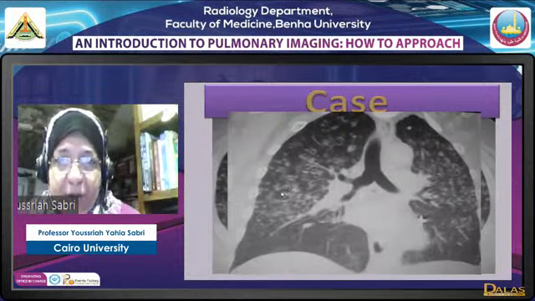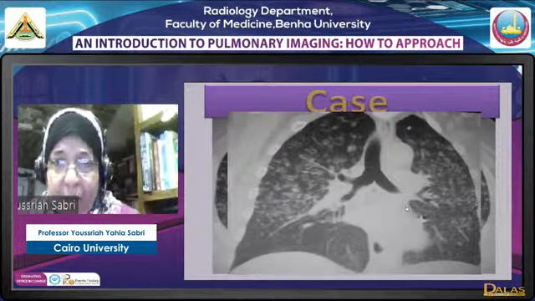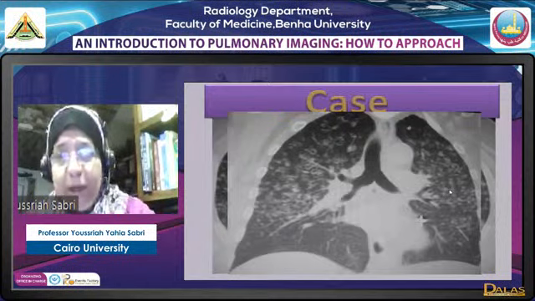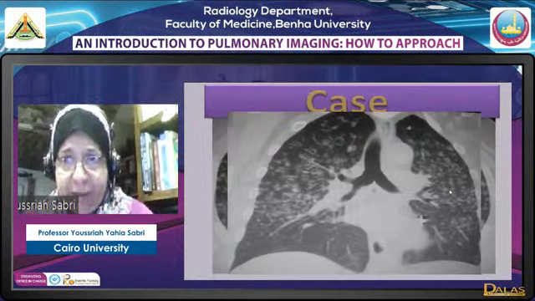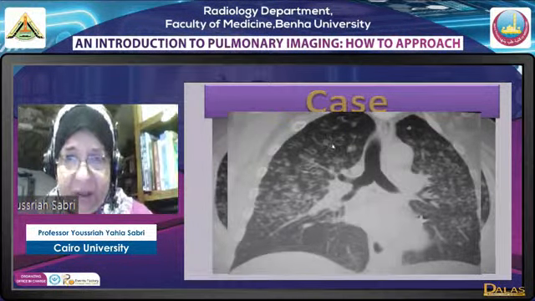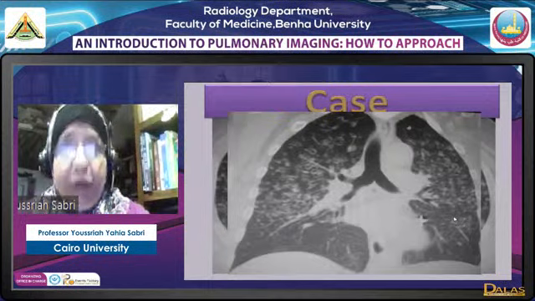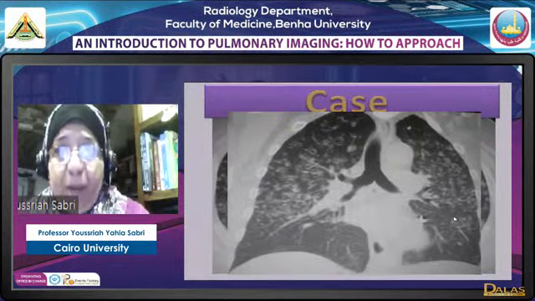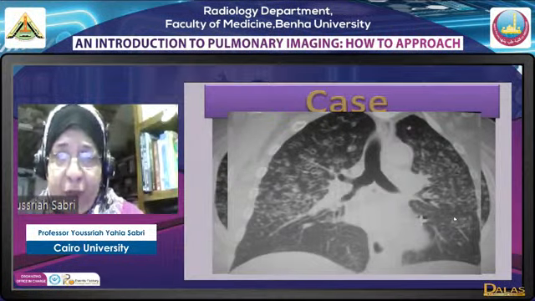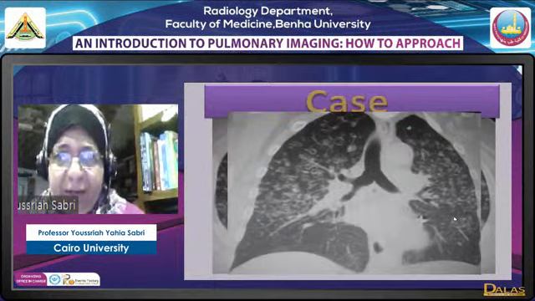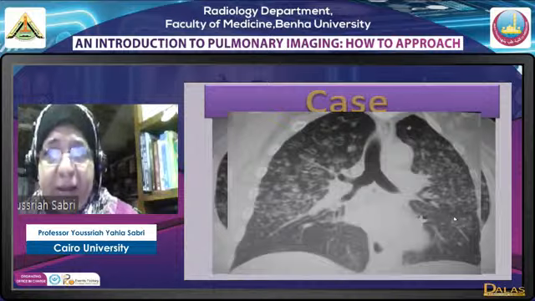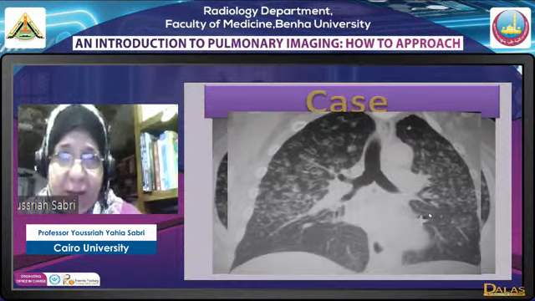If we look at the coronal reconstruction images, we'll see that these lesions are upper lobar in distribution. So we have bilateral, fairly symmetrical disease. And we will come to this later, having signs of interstitial disease or chronic diffuse infiltrative disease. The lesion here is nodules with cavitation. This case was a case of pulmonary Langerhans cell histiocytosis. It starts by being nodules, centrilobular in position, and then they cavitate and change into cysts. We usually see them in the phase of being cysts, upper lobar cysts, rather than this early phase of